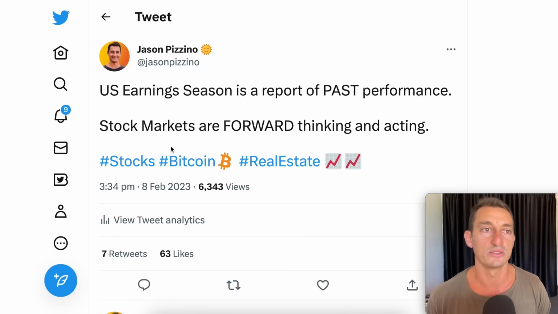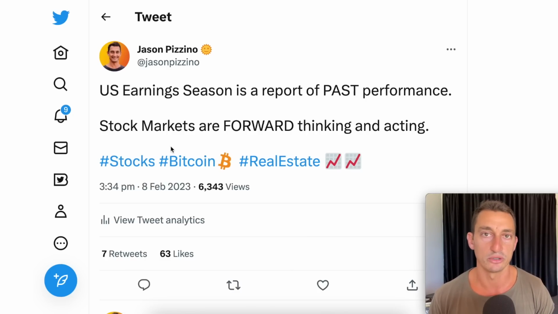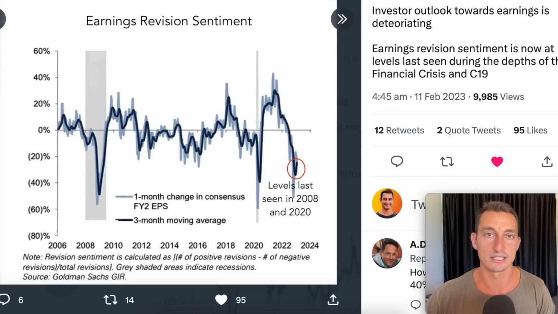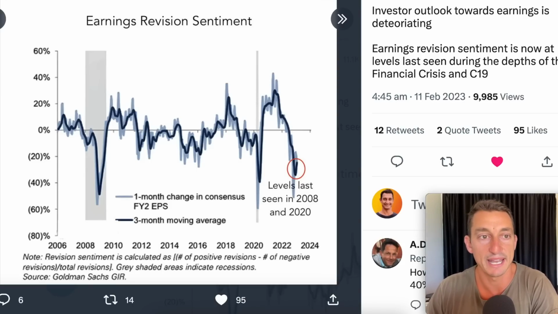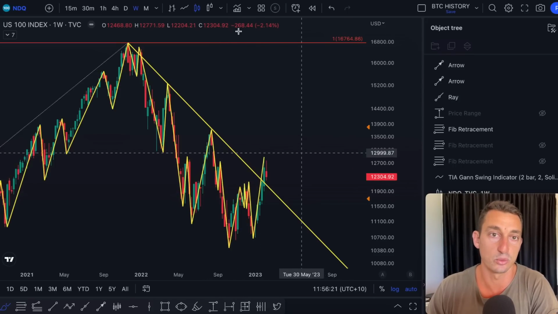If you hear from altcoins and crypto, of course, that's what we do all the time. We're like, what's going to be the next narrative? What's going to pop off? This is going to be the next greatest thing. Why go and do the opposite when it comes to the stock market? It makes no sense. All of these markets are forward thinking. Don't worry about the potential past performance of their earnings in this case. Essentially, the market is anticipating that earnings have bottomed and will turn the corner in 2023.